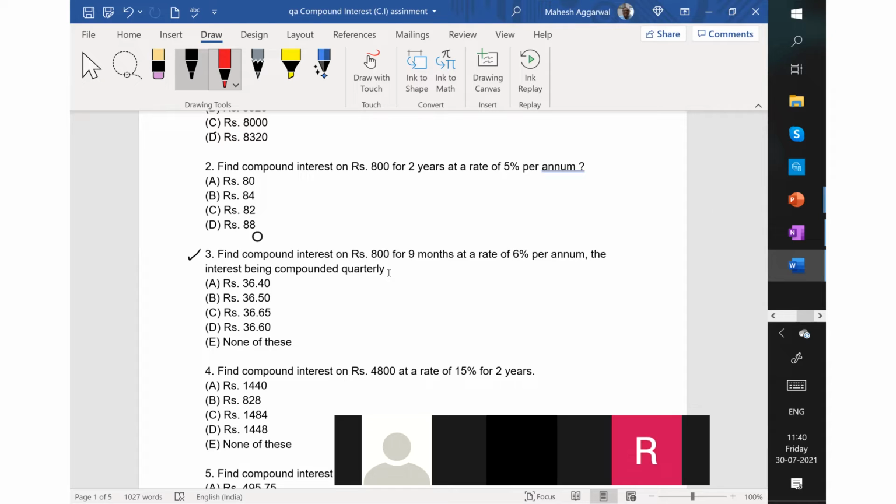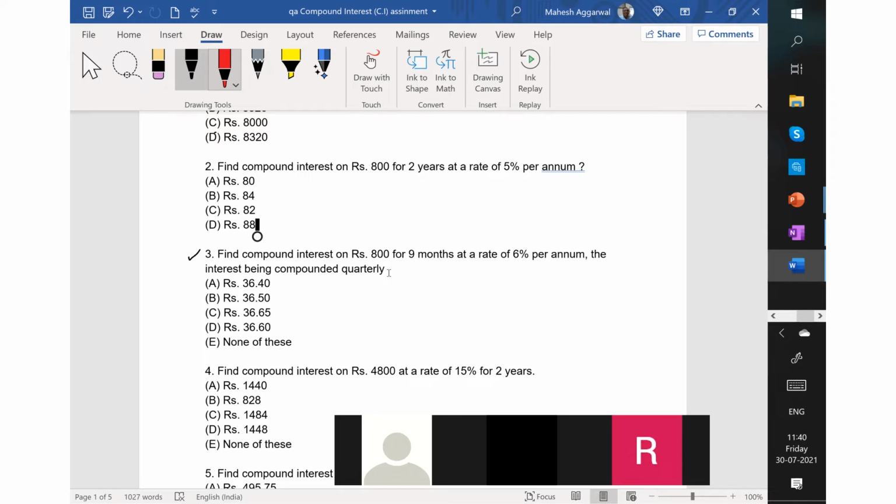Yes, Chirag. What will be the time that you will be taking? Interest is being compounded quarterly. So what will you do with the time? The 3/4. You tell me how many years, how many quarters will come? The 3. What I had told you was that